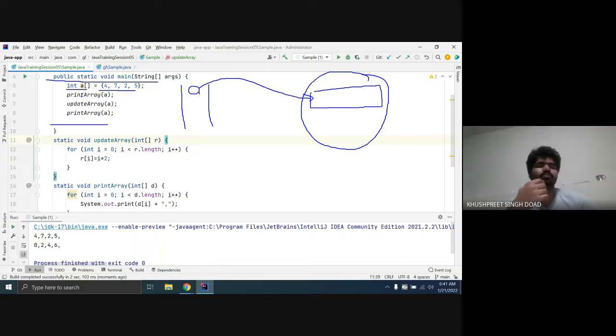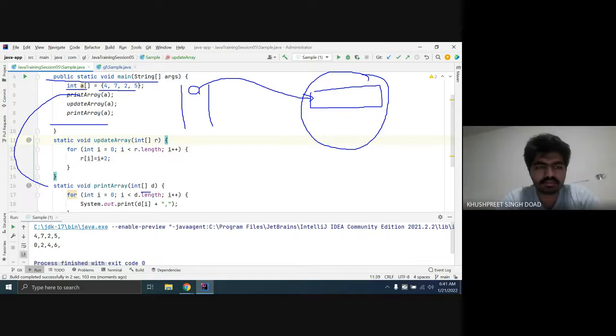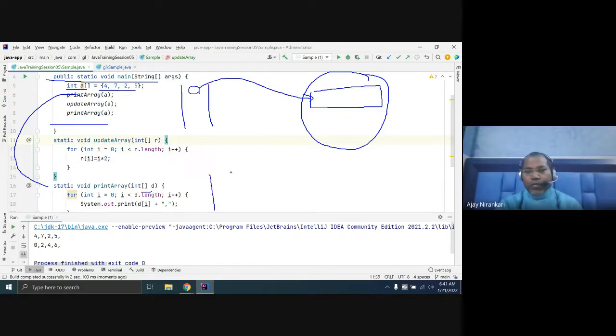Similarly, whenever you call this print method, again this is a local variable of a local stack created, and here d refers. I said d is the array object, meaning it is called from a. So a is pointing to this memory location, so d is also pointing to the same memory location.